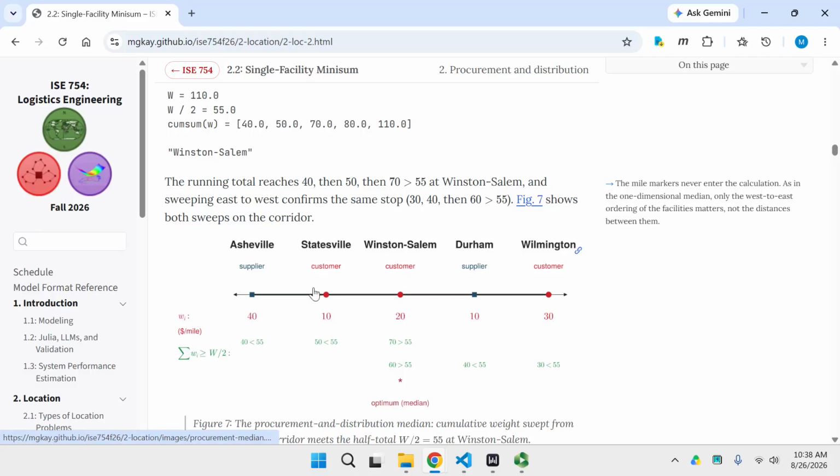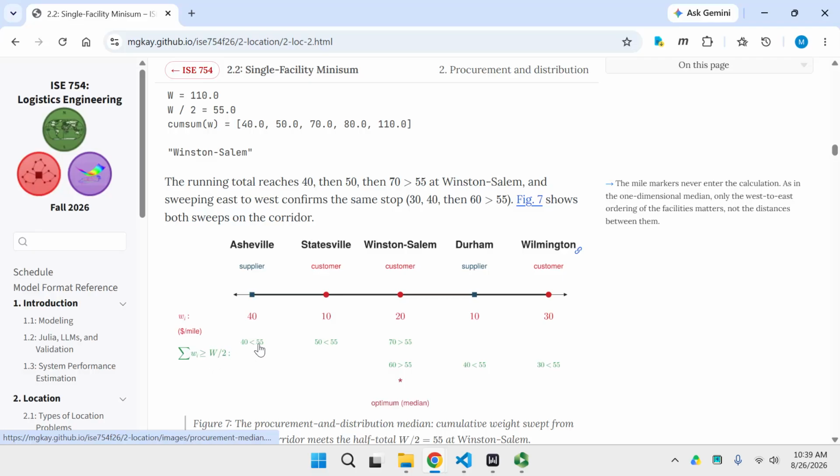These are the different cities, and then these are the 2 suppliers and the 3 customers. And the important thing is to get the ordering right from left to right. So as long as you place the monetary weights in the correct order, then your location problem will work out correctly. And then the procedure then is to look at where the cumulative weight first equals or exceeds half of